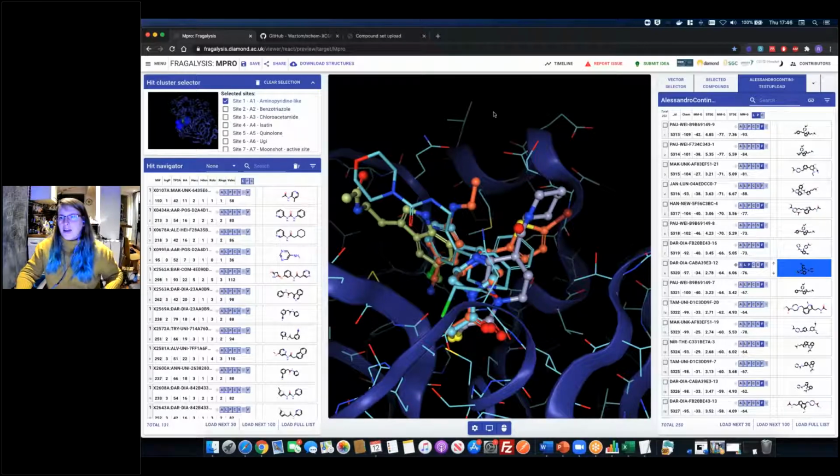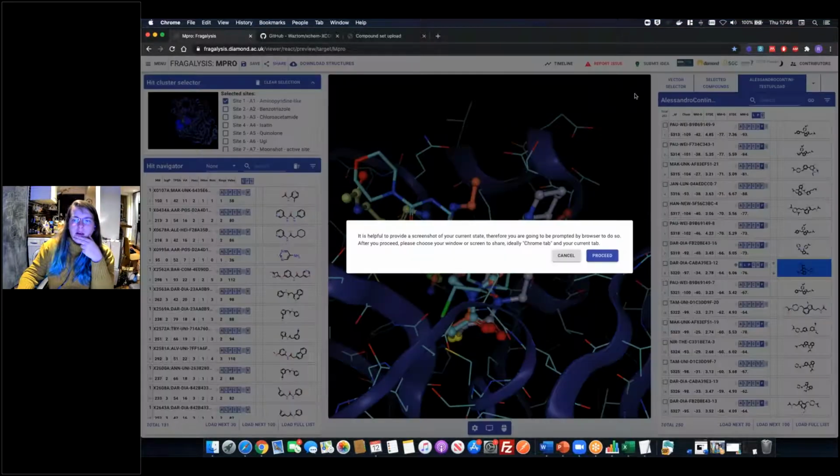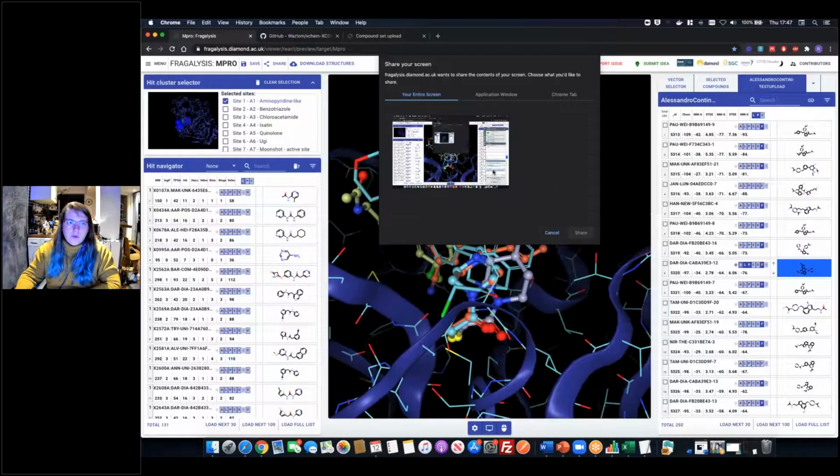I apologize. So that is essentially everything in the interface so far. There are a couple of extra buttons as well. Like I said, there's a report issue button. I'll just show you how to use that quickly, just in case any of you ever need to. So it'll take a screenshot of your